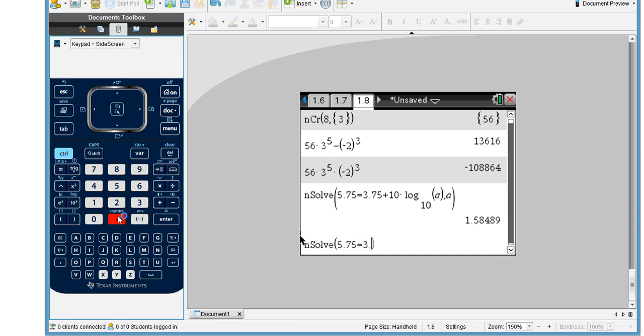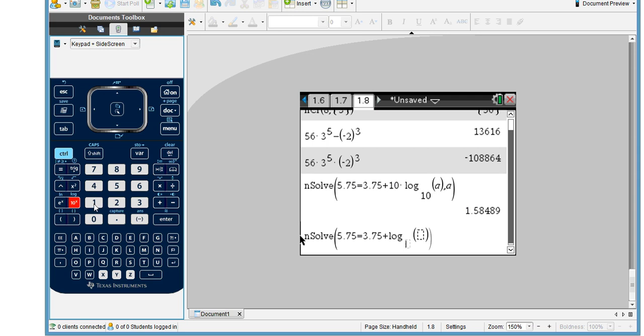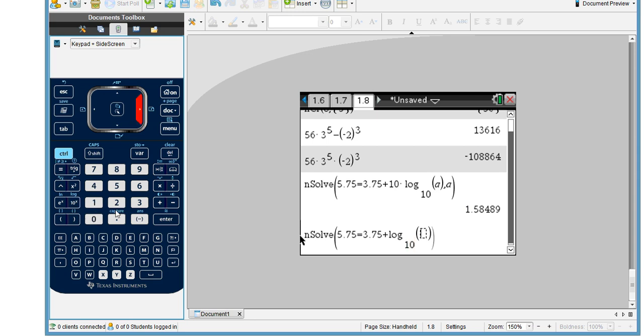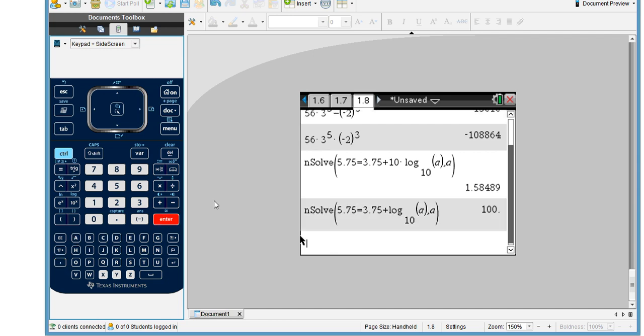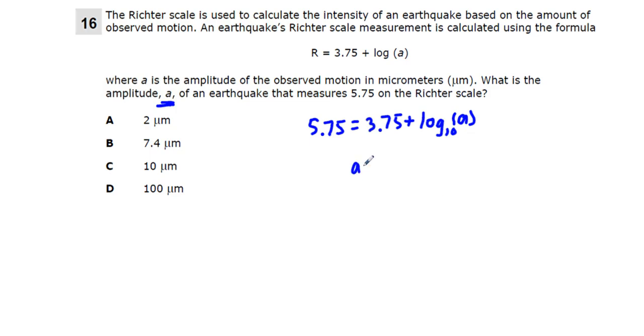It's 3.75 plus, I don't want to put 10 log, I just want to put log base 10 of A, and then come over here, comma A. There we go, we get a 100. So A is equal to 100, and it's micrometers. Our correct answer choice is D. Next,